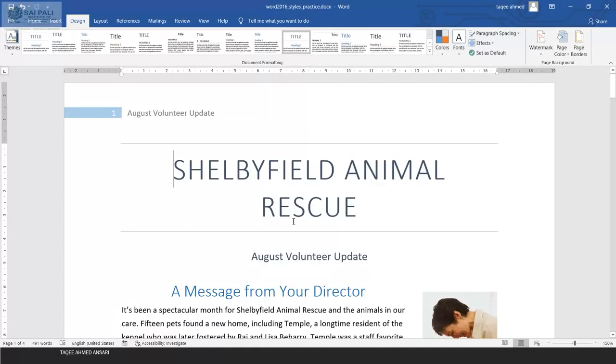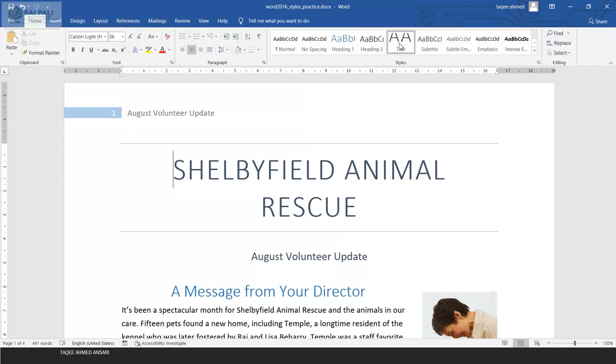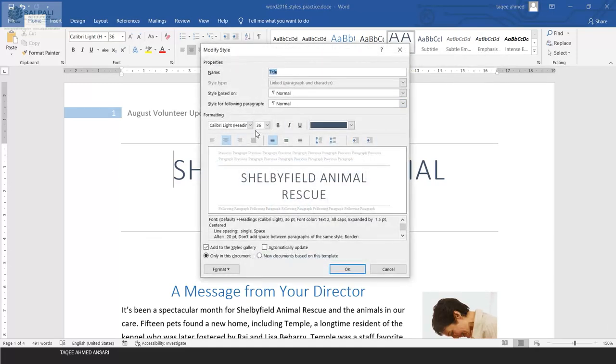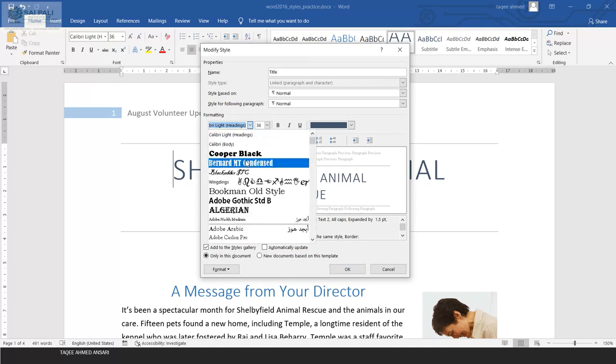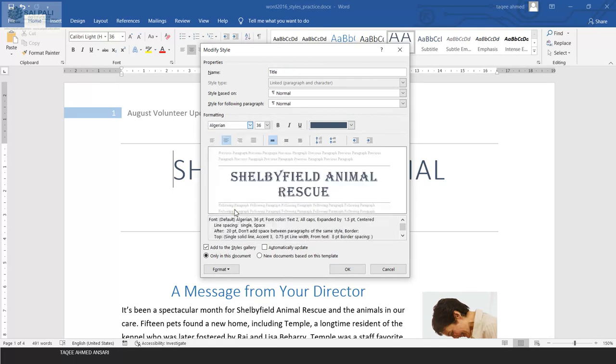So let's say I have selected this title, and I want to change something here. I just want to change the style of the text. So I right click and go for Modify. Here it is opening this dialog box. I can even change the name from here, but I will not change the name. I can change the style of the font. Let's say I select this, and you can see the preview here in the preview tab. When you select any changes, then I can select the size. Okay, size is okay. I will change the color here.